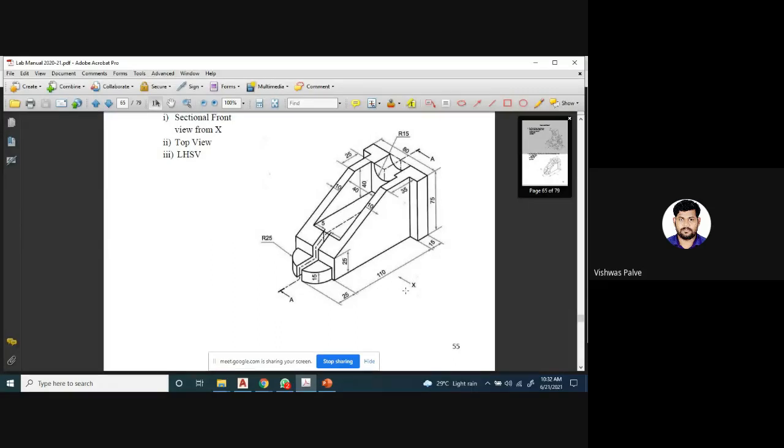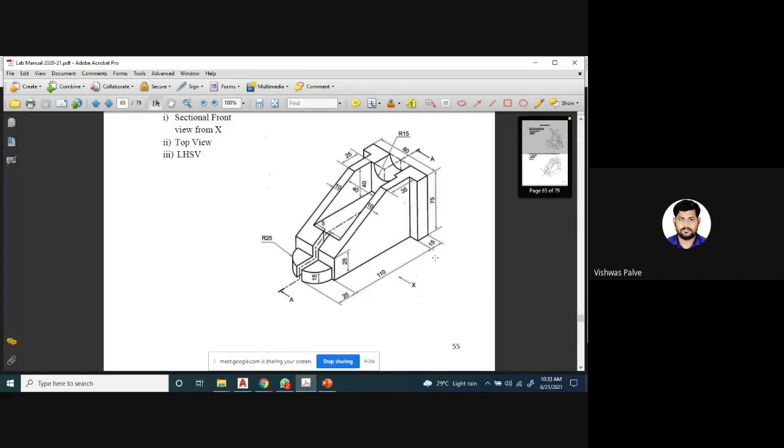Can you calculate the maximum length in this problem? 150. Yes, anyone else? 150. How do you calculate? 25 plus 110 plus 15.